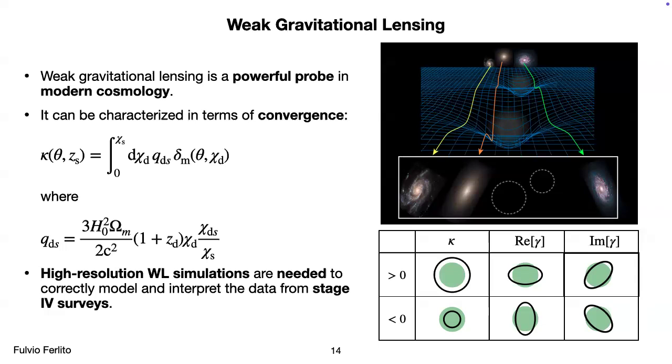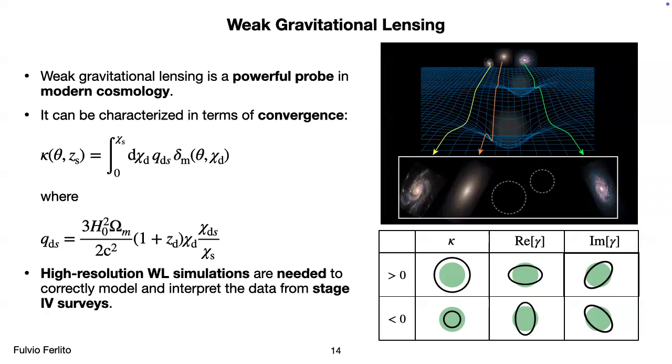With the next generation of surveys coming, the so-called stage 4 surveys like Euclid or LSST, in order to extract the most out of this data, we need to provide very high fidelity numerical predictions for these observables. This is because we have already started entering the highly nonlinear regime, where dark matter only cosmological simulation is not good enough to predict how it will look.